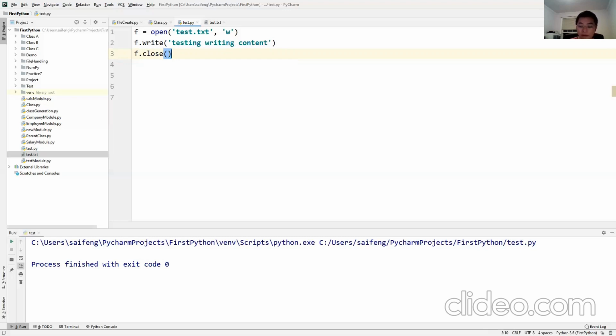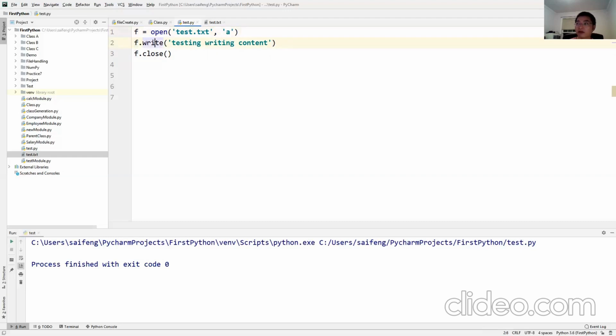Okay. Think about that, right? You open a drawer, right, and take out the book from the drawer, and after reading, you put it back, and then what? Close the drawer. So that is the whole process when you finish a manipulation against the file. Of course, besides write, we said we have append, right?